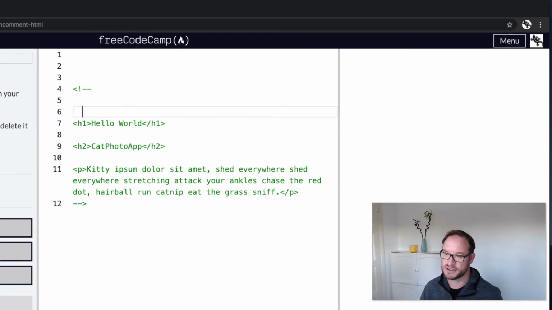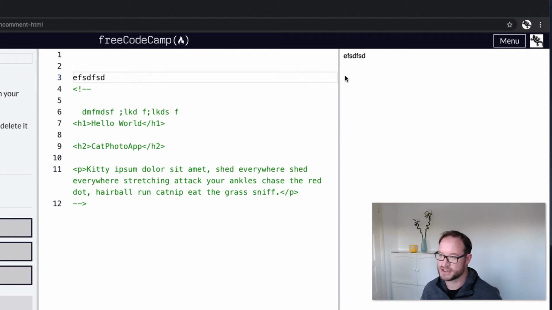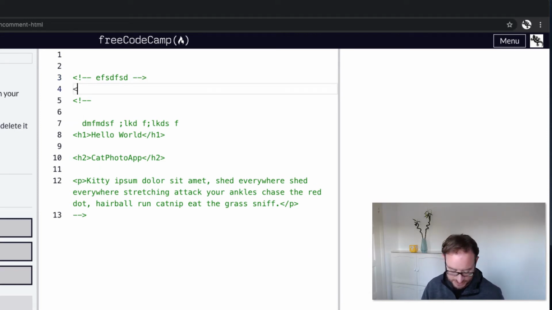So we can actually type whatever we want here and the user won't see it. It's only when we type outside of there that this will actually affect what the user sees. But if I turn this into a comment, that's sort of the start of the comment, and over here we close off the comment, and now the user can't see that. And again, if I had to type some HTML here,